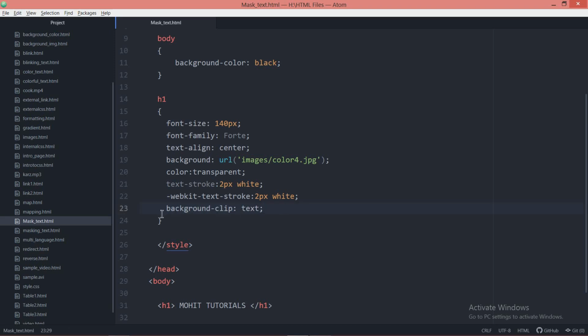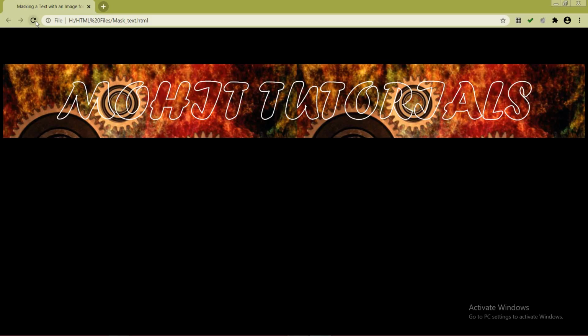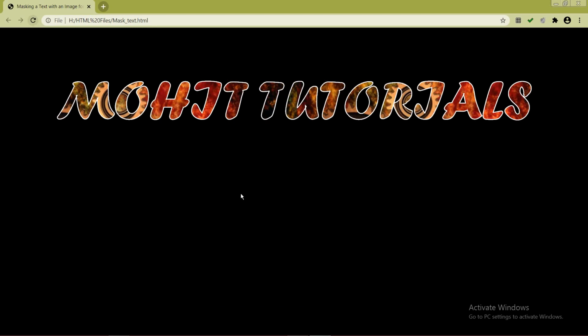It means you want to make it compatible for this browser. Again, copy and paste it and write this particular code, that is hyphen WebKit and hyphen, so that this property will also work in this particular browser. See the output. You can see the output is there. Now this is called clipping. This is called the concept of masking. Masking means to hide something. I have just placed the image inside the text. This was the concept.